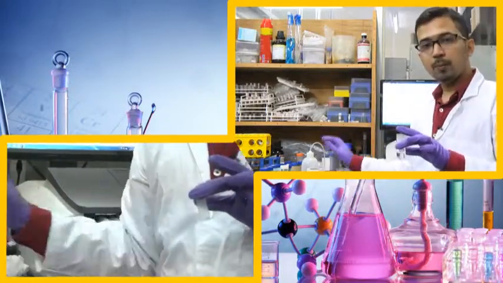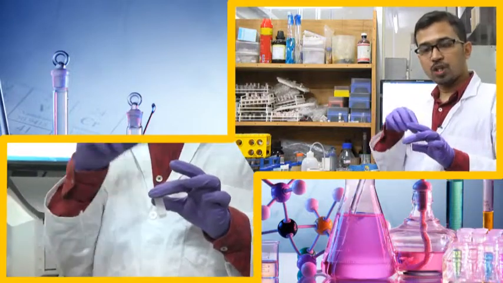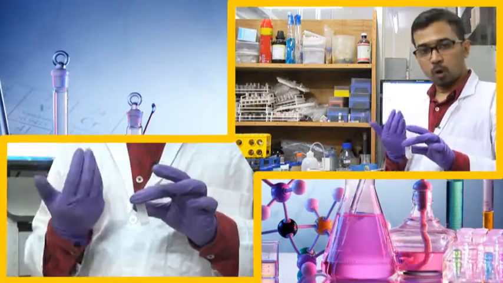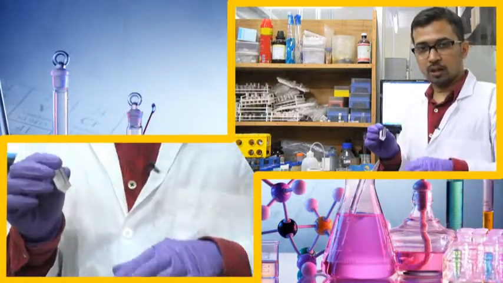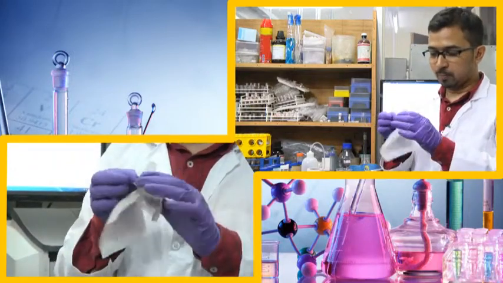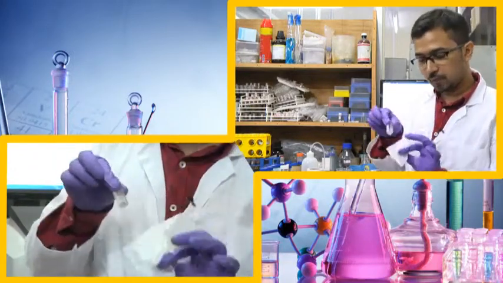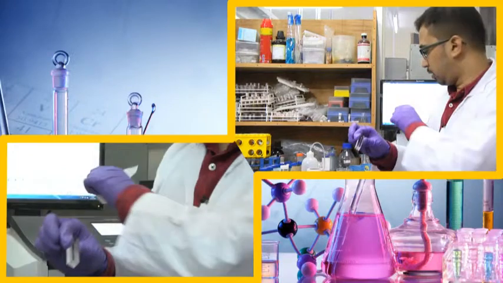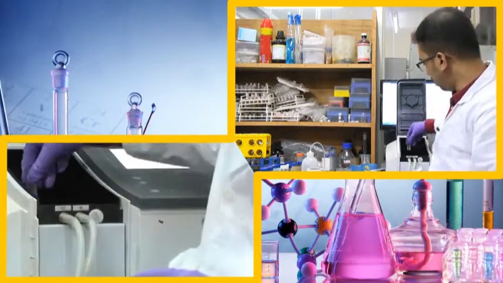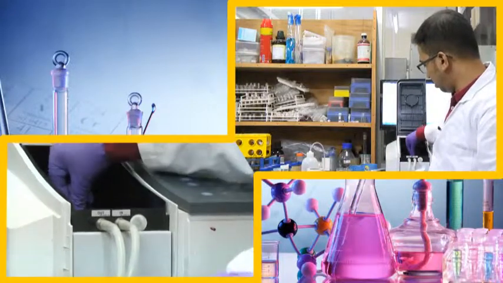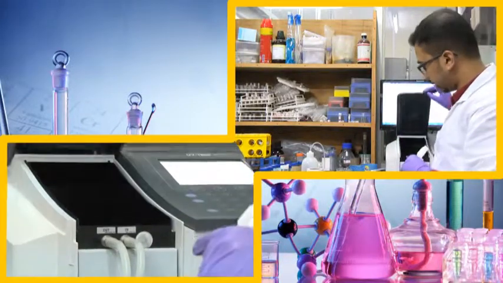Now, in the UV compartment, you know there were two chambers, one is the control chamber and the other is the sample chamber. What we are going to do is take a clean tissue paper and rub this clear side properly, open this lid and transfer it into the control compartment.